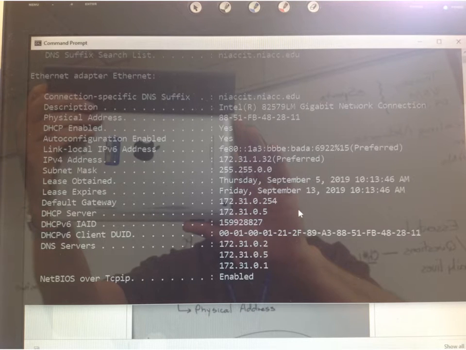So, the key things in here. More on this a little bit later on, but this is a NIAC. This is for the IT department. We've got a subdomain, and here's the domain at NIAC. And this would take you to some things here in our area.